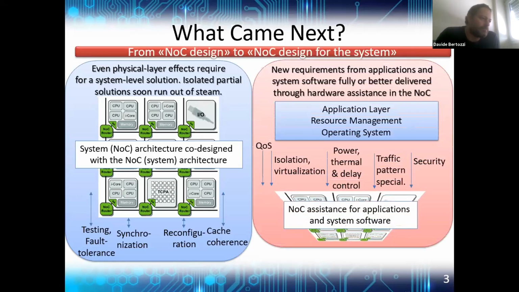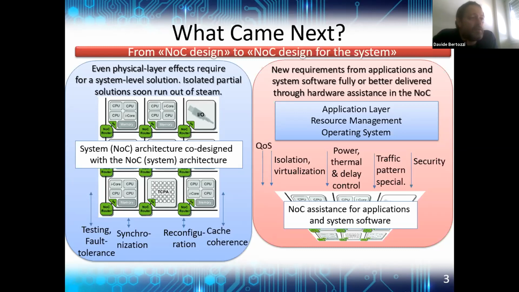Another trend was actually to implement some form of assistance in the network on chip for some functions that are performed by the system software, by the operating system, or by the hypervisor level resource manager, or even to co-design your network on chip with the application layer. For instance, applications may